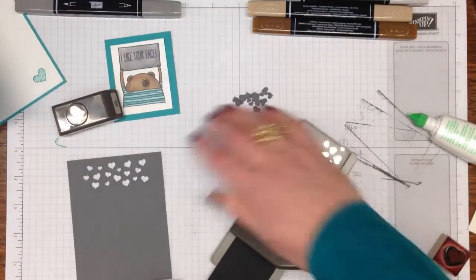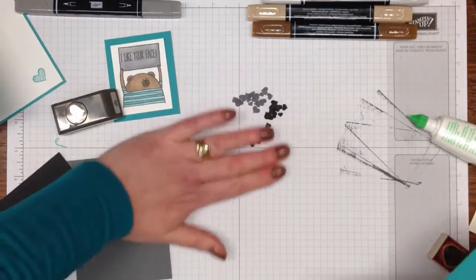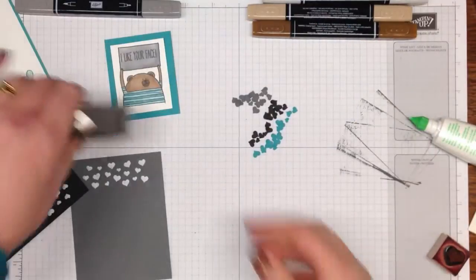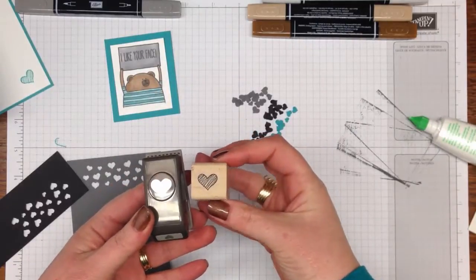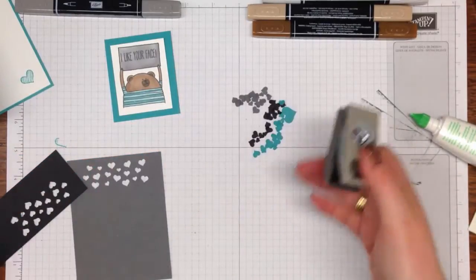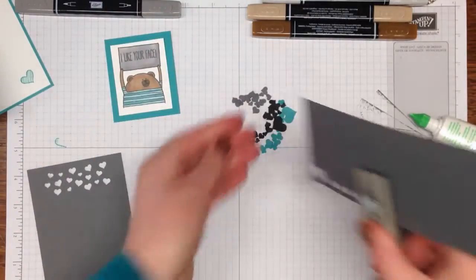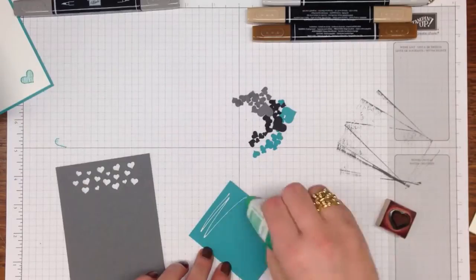enough confetti, so I'm just going to stamp some more in black and more in Bermuda Bay. And then I'm going to use the little heart punch from the Itty Bitty Accents. It's the one that matches the heart stamp that I used earlier on. And I'm just going to punch out one of each colour of these slightly bigger hearts. And there we go. Okay. Right, so this is now going to go onto the basic grey layer,